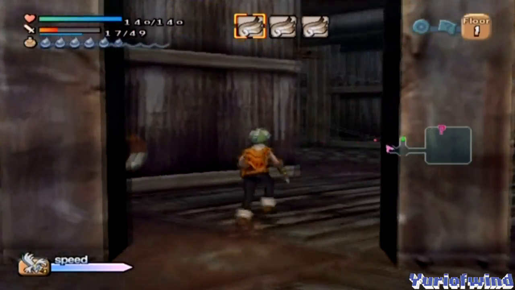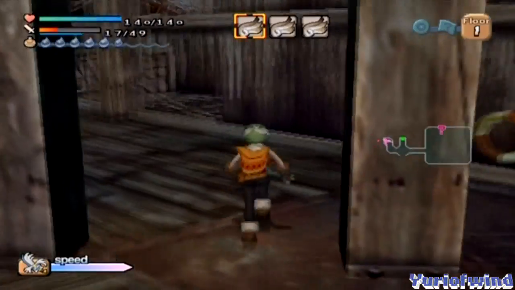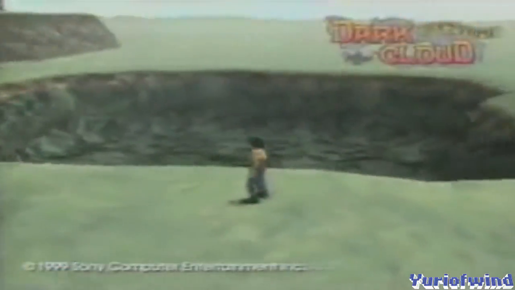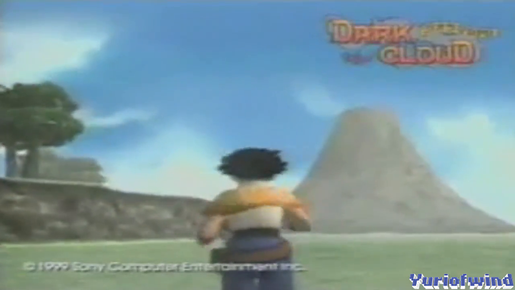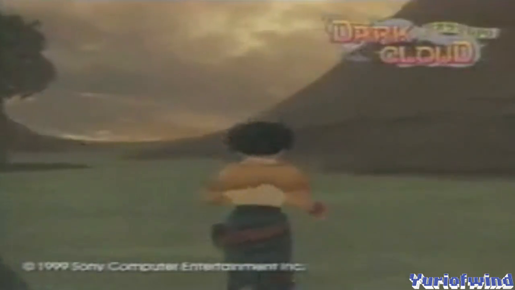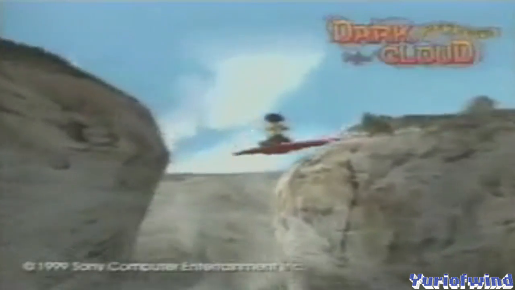Now, Dark Cloud began development in 1998 when Level 5 was founded, and when the PS2 was announced in 1999, the title was used to show off the capabilities of the console. It's here, in this shown-off trailer demo, that many differences between the early version and the final product can be seen. The first difference that stands out is the flying carpet,